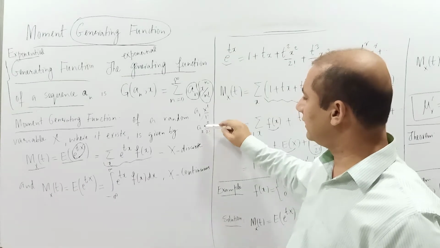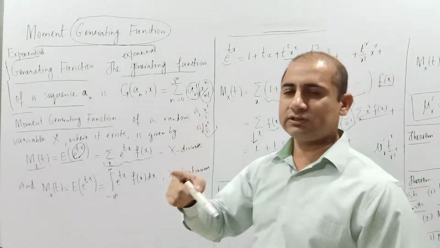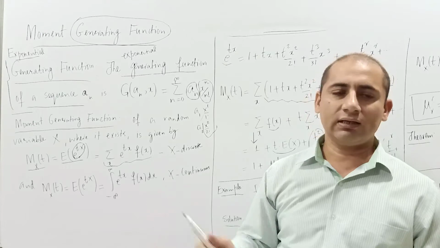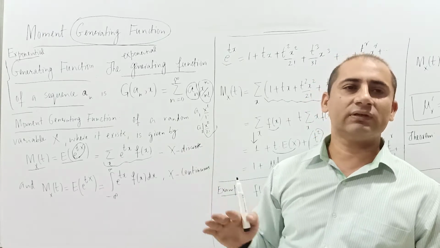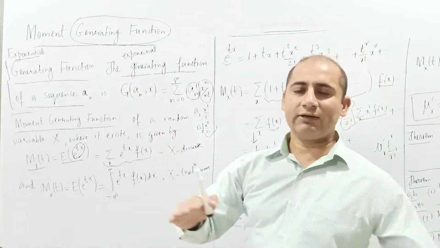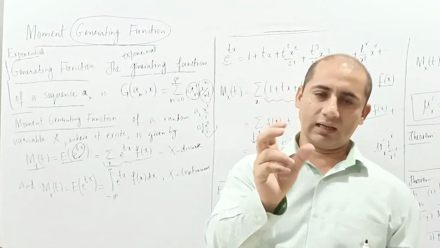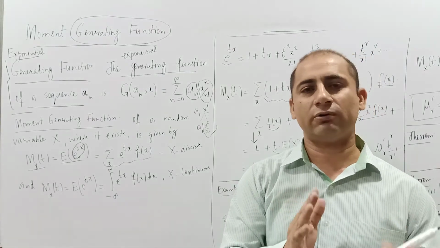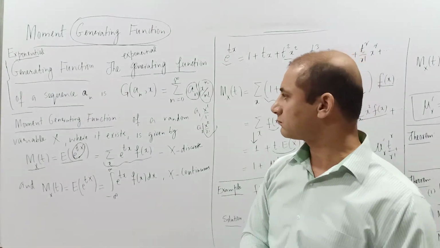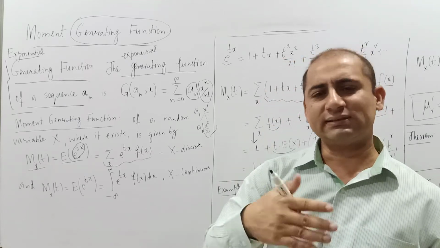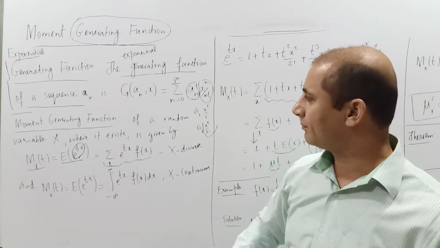Now this 2 factorial is the difference between the generating function and the exponential generating function, and in our case we'll be using this exponential generating function. Okay, so I'll leave this a little different topic for you to study, and I'll be able to respond to questions only as far as this course is concerned. And if you need further details, then I can make a separate video on that.